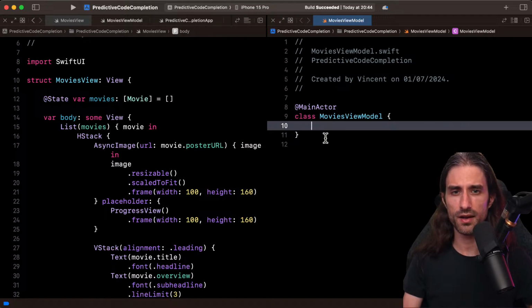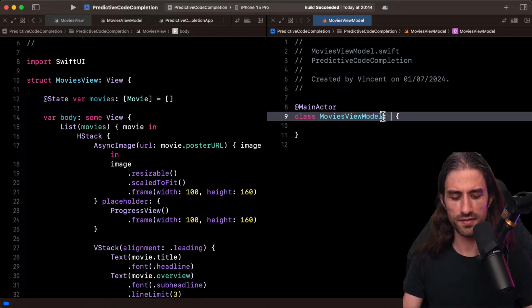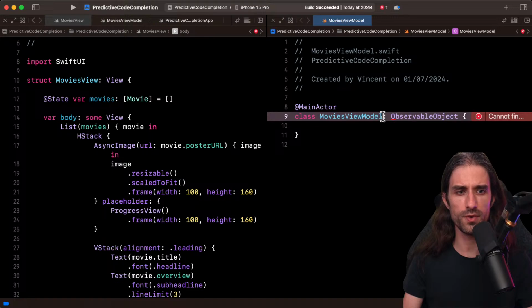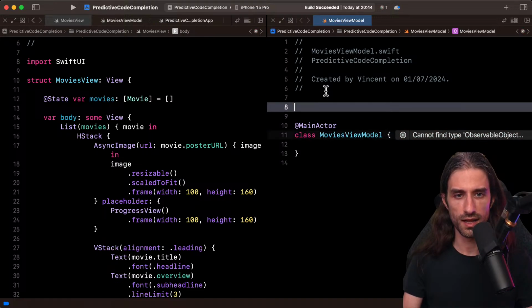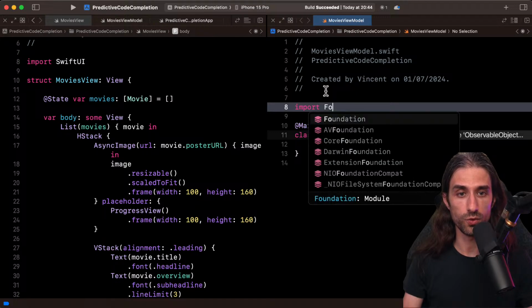To be fair, I'm less familiar with how you do a view model with the new observation API. So even though it's the older way of doing it, I will use observable object because it will help me since I know how this works.